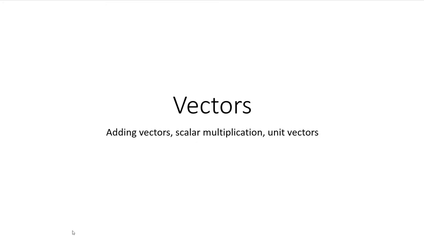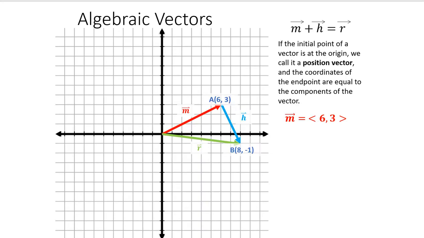Adding vectors, scalar multiplication of vectors, and unit vectors. So I'll tell you right away the part of this that's complicated. This is all very straightforward. But the part of this that's complicated comes when we talk about these two different ways to represent the